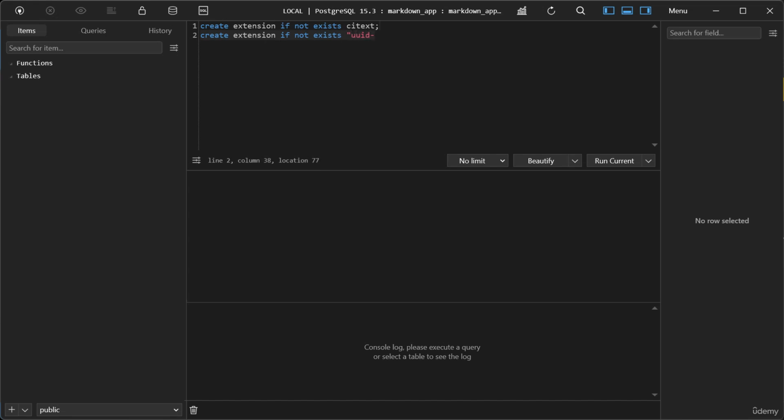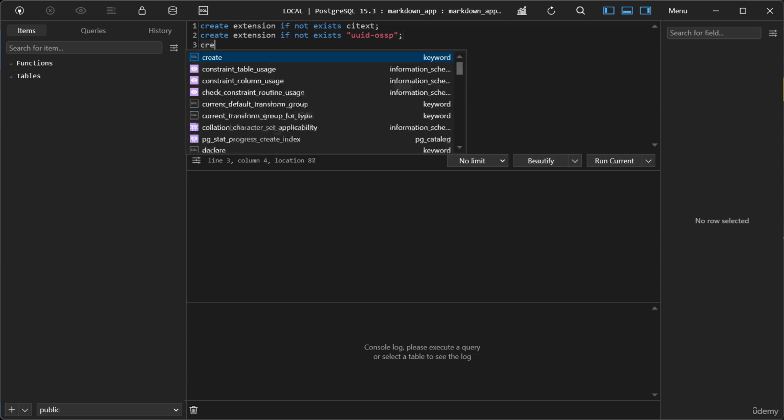We'll also need this extension here, uuid-ossp, and that is for the uuid data type, which we'll be using for our primary keys. Now I'm going to create the first table here,